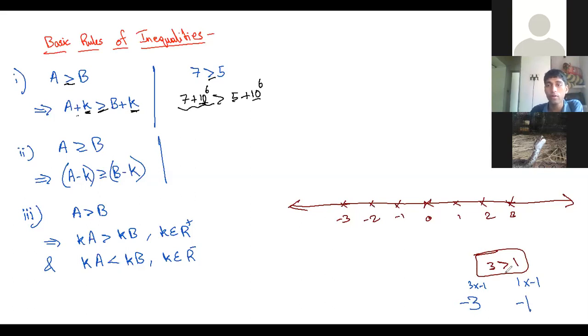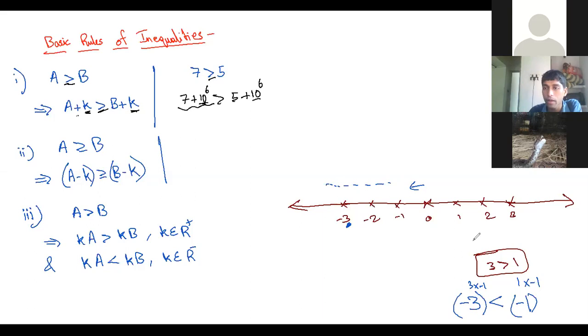Yeah. On the number line, when you're going towards the negative side, the bigger the magnitude, the smaller the quantity. So as you keep going this side, your number is actually getting smaller. What do you mean smaller? It is becoming more and more negative. So -3 is actually lesser than -1.